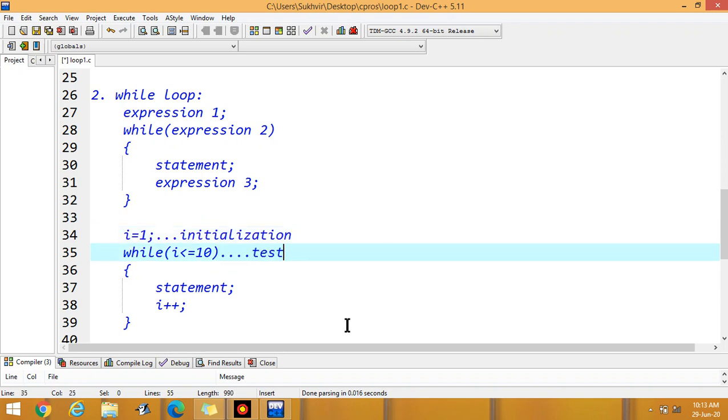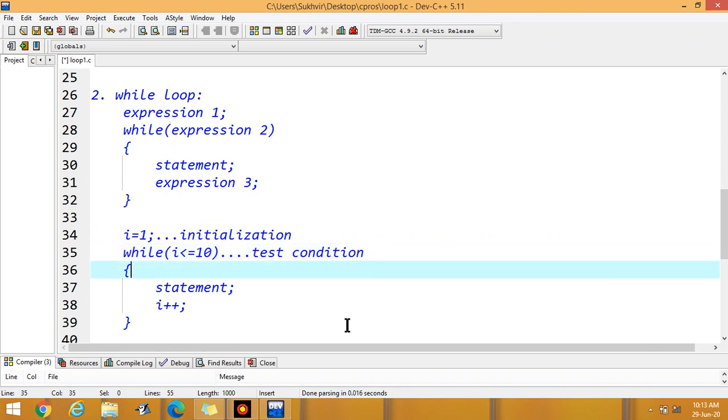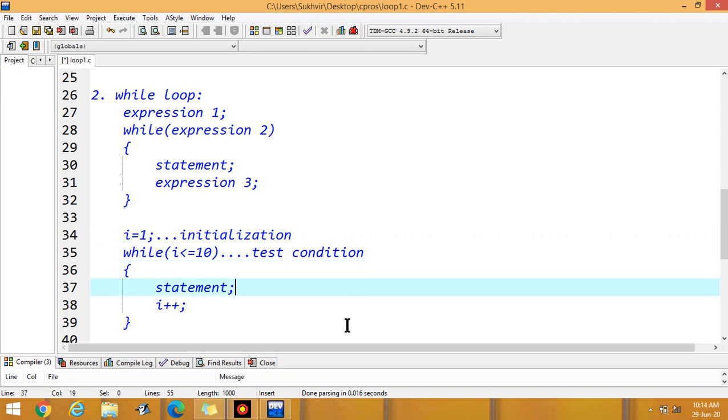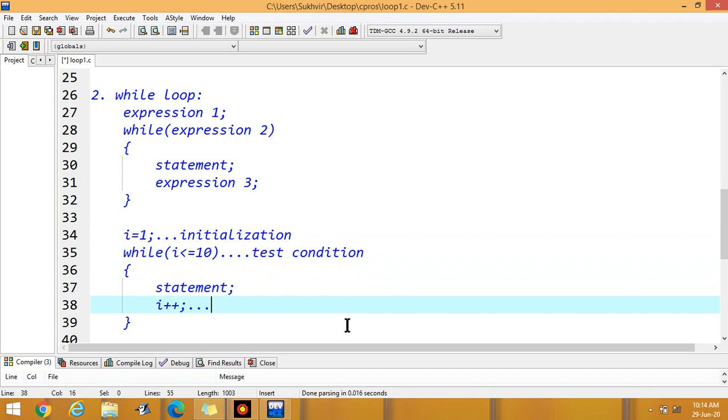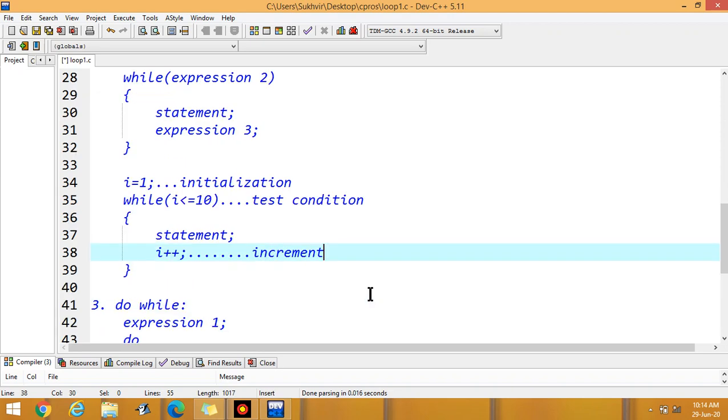This one is the test condition, and after applying the test condition, we can print the statement. And after printing the statement, we can apply increment or decrement. In this case, increment is there.